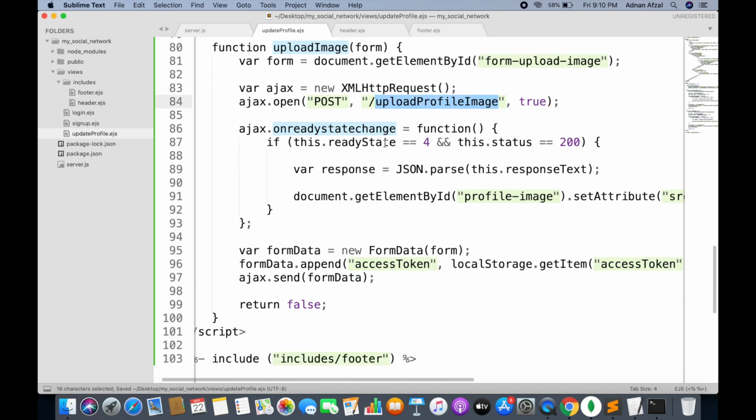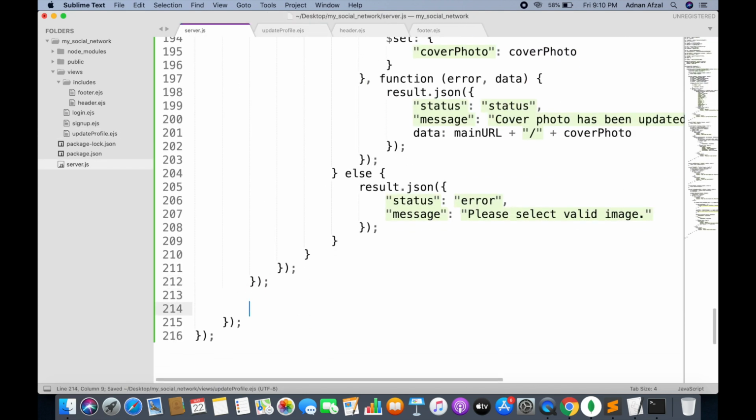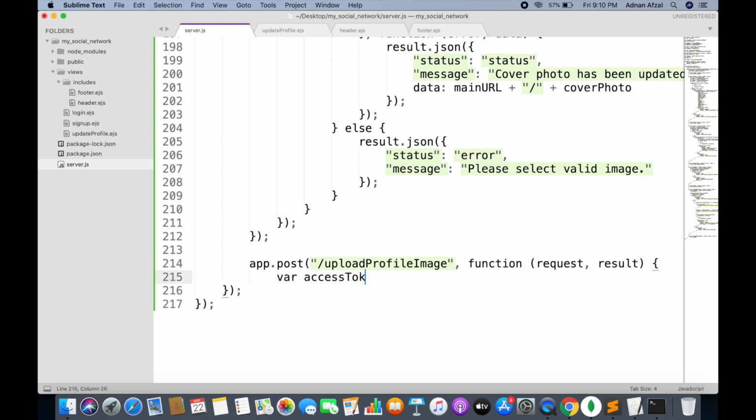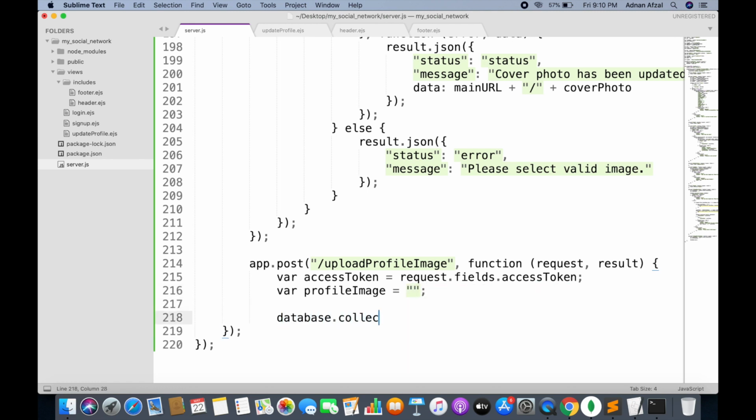Create a post route for profile image, and it will be almost similar to the cover photo. We are receiving the access token. First, we are checking if the access token is expired, which means checking whether the user is logged in or not.